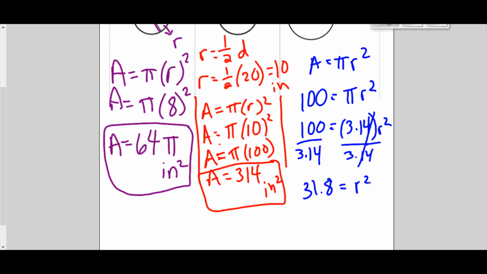Now this one's a little tricky. When you have a power of 2, the way that you get rid of the power of 2 is to take the square root. So you're going to square root both sides. So if you hit square root in your calculator, the square root of 31.8 is 5.6. And we'll round this to the nearest tenth. So 5.6